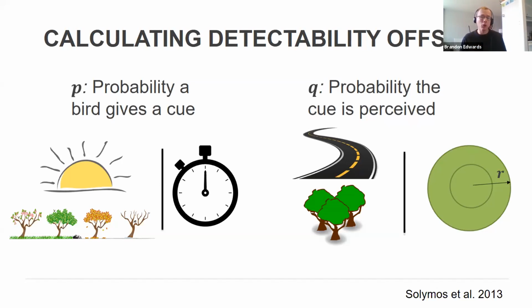So we could model Q, the perceptibility, by these environmental covariates, so roadside status and forest cover, and then condition that on information regarding the distance that the survey is considering, because you would imagine that if a bird is further away, if our survey is accounting for a larger distance, birds further away may just be more difficult to perceive anyway.